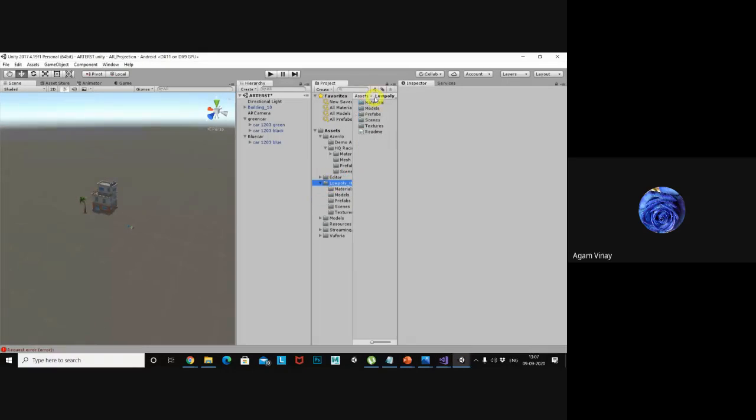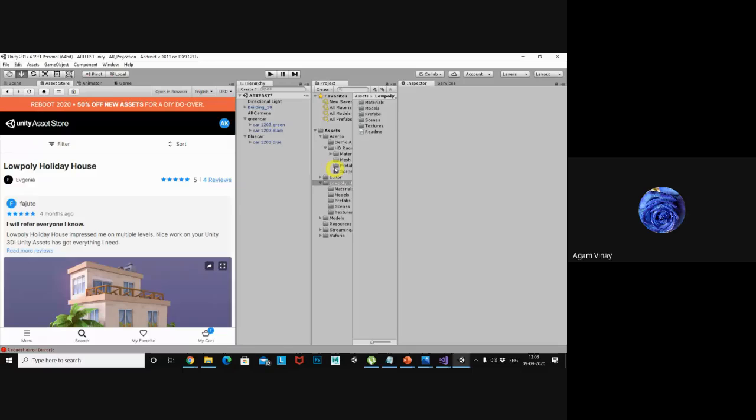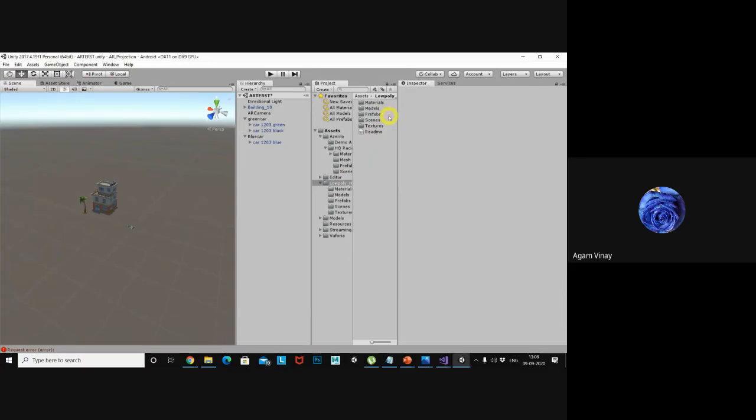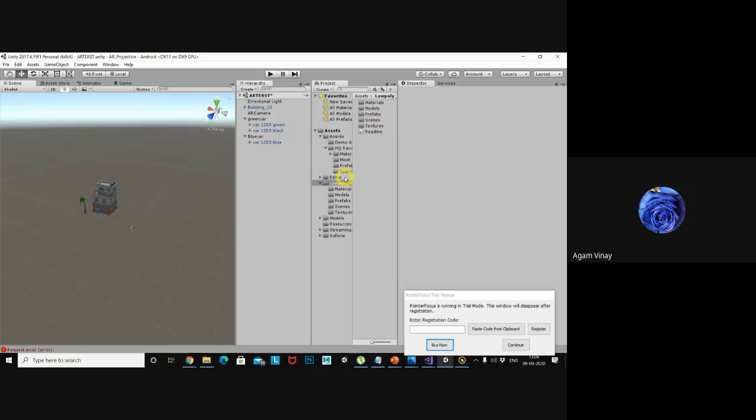Whenever I imported my model from the Asset Store, this low poly holiday house, this folder is generated in my project. It consists of textures, scenes, prefab, models, and materials. Materials you know, models you know, prefabs you don't know yet. Scenes is nothing but the one scene he generated.